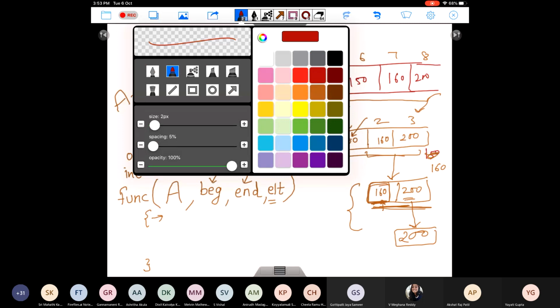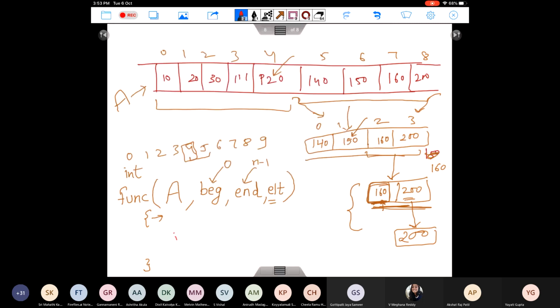So how do we write that? You calculate middle. If you carefully observe, you can calculate the value of middle as beginning plus (end minus beginning) by 2. You should notice why I haven't written it directly as end by 2. I haven't written it directly as end by 2 because every time this is going to be a recursive call, and the value of beginning will not be 0 in every call. The value of beginning will keep changing with every recursive call.